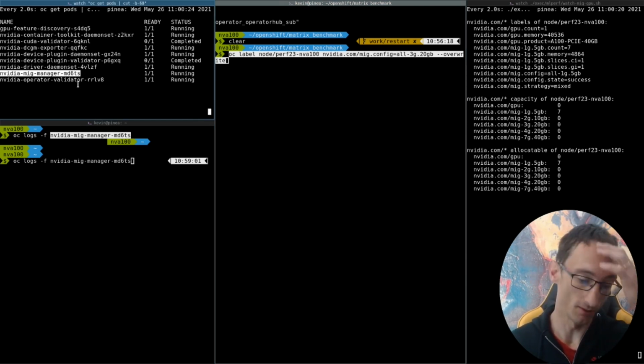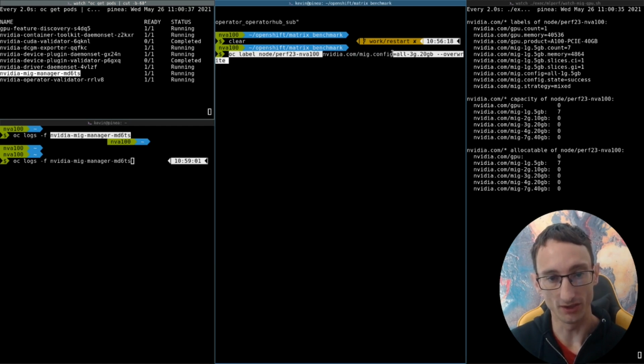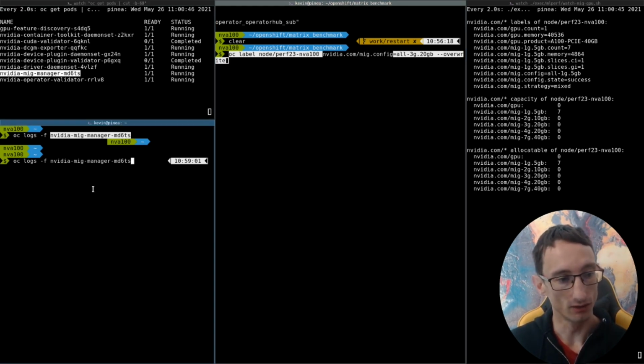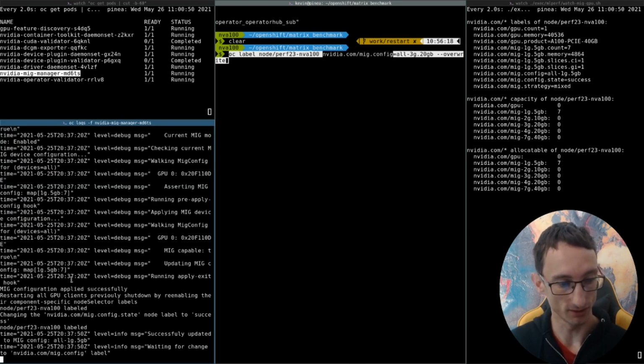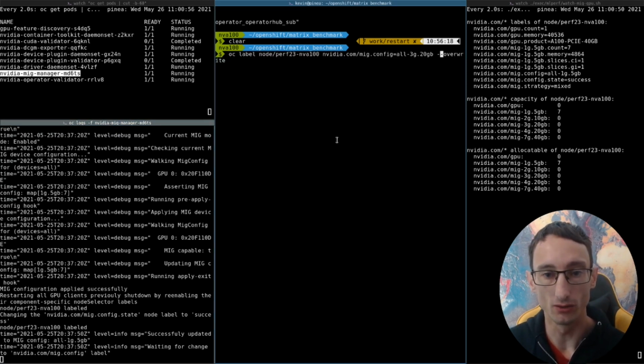This MIG manager is a Kubernetes controller that is deployed on all the nodes with MIG devices, and it will watch for node labels, in particular this one, which says which configuration we want to apply to the GPUs on the node. So if we follow the logs of this controller on this side,